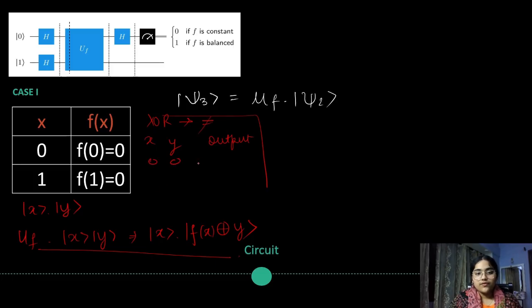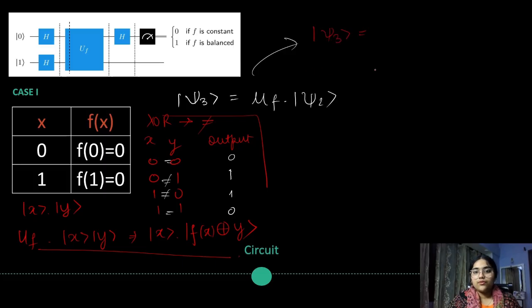So if we put all the inputs here, 0, 1, 1, 0, 1, 1, then the output would be 1, 1, and the rest of them will be 0, because these are equal and only these two are unequal. Then finally moving on to the main procedure, we have here